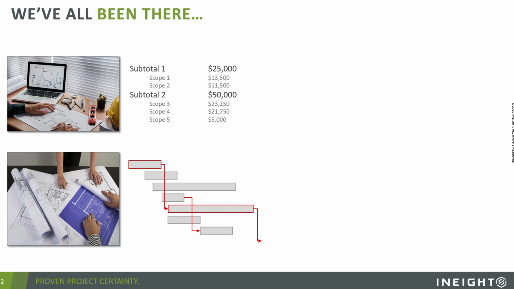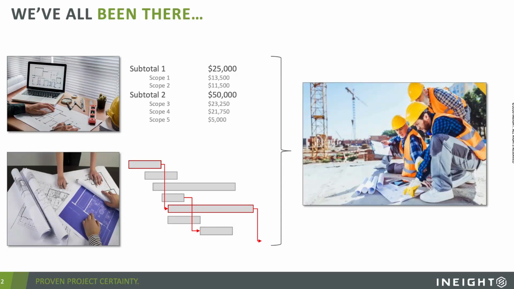And that could be the project manager. That could be the estimator trying to piece both things together at the same time. Depending on the size of your company, these could be two completely different departments. And what happens is the project gets awarded, that goes out to the field, and the field team goes, what on earth did we just get ourselves involved in?